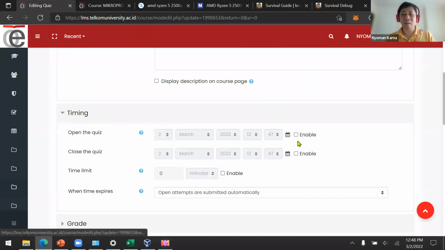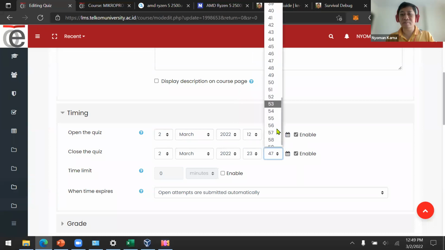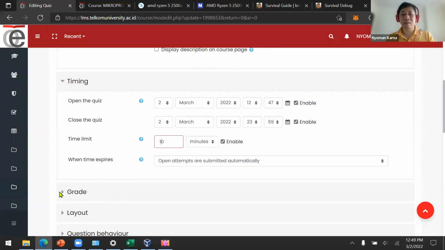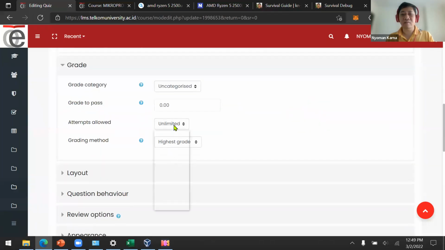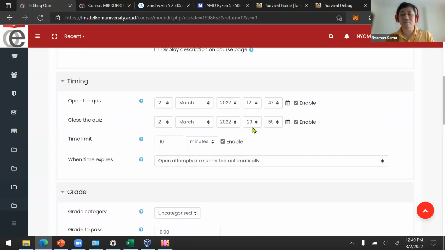The timing is March 2nd, from right now until tonight. The duration is 10 minutes and only one attempt is allowed. Okay, I think that's all.